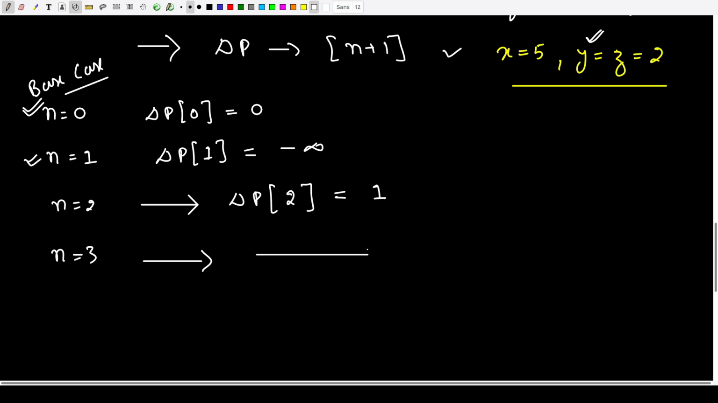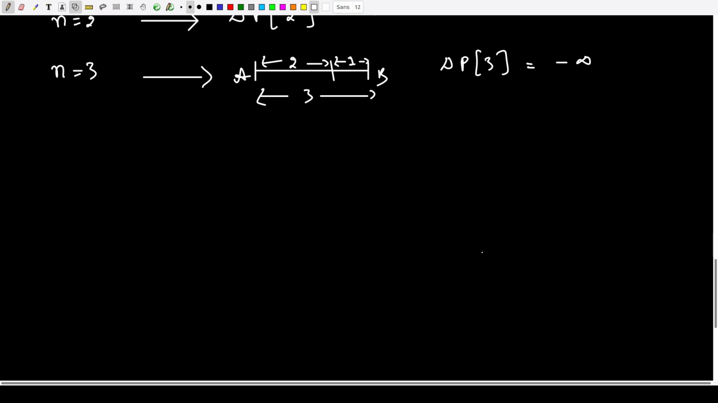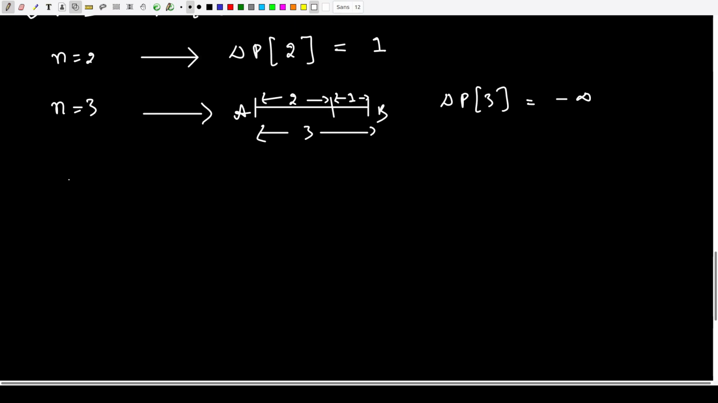So over here, the line segment of length 3 got divided into two parts. One is of length 2, and another is of length 1. And recall from our discussion, this is not a valid cut, because of which dp of 3 will also be equal to minus infinity, indicating that it is not possible to make a valid cut over here. Now let's move forward. Now let us look for n equals to